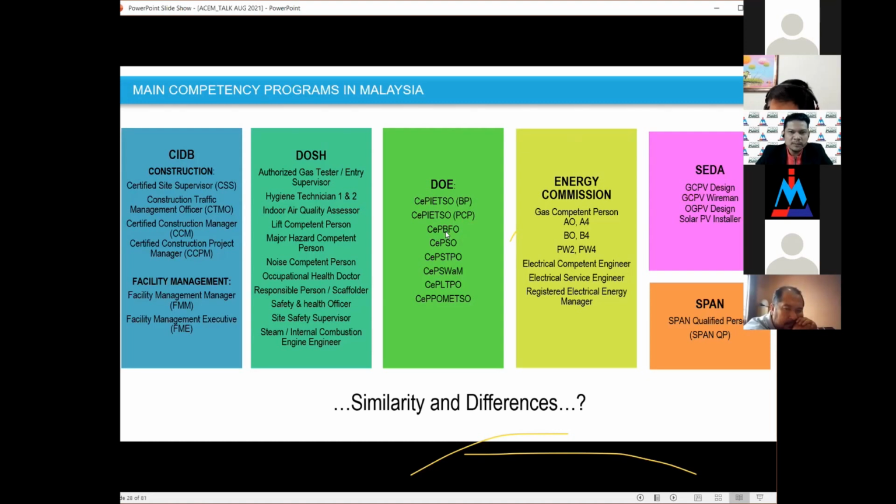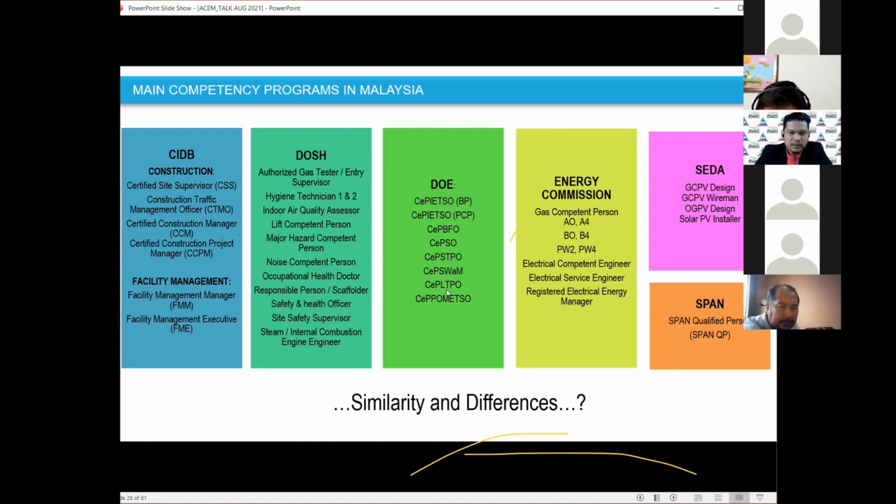PBF is actually the pack filter officer. CEP SO is actually scrubber. STP, you know, this is CEPSTPO. CEPSTPO is STP. We can see the word STP there, for the sewage treatment plant. We have also CEP SWAM, managing solid waste.